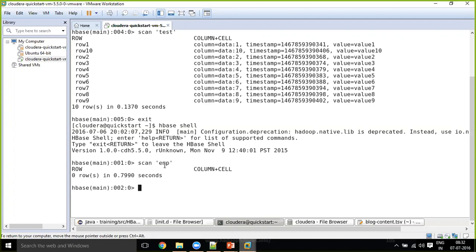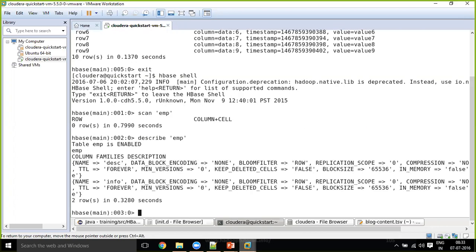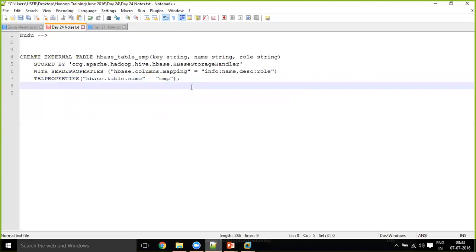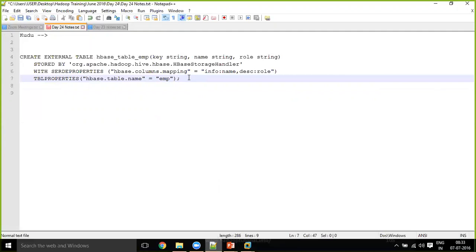So I don't have any records in this. Okay, so this is an empty table. Let me see how many column families there are in this scan EMP. I have two column families, description and info. Okay, so now I just have a plain empty table in HBase, and I'm going to create its corresponding table